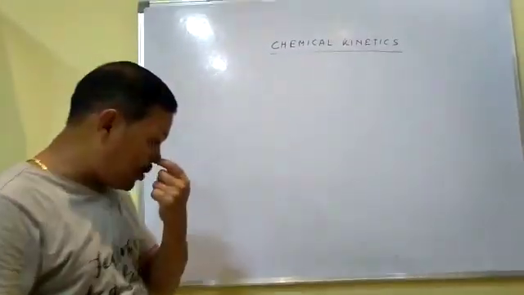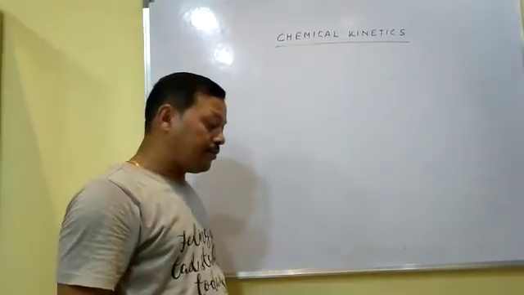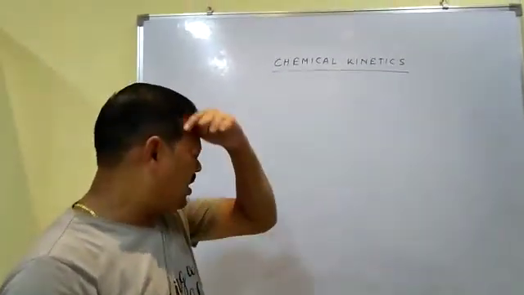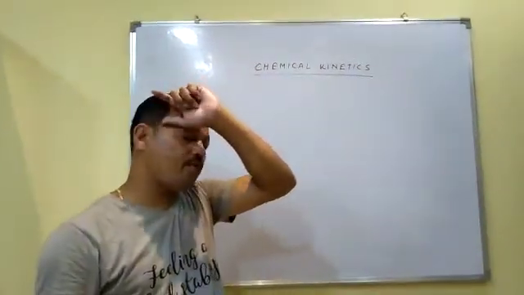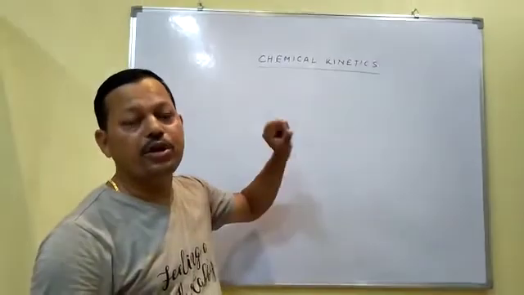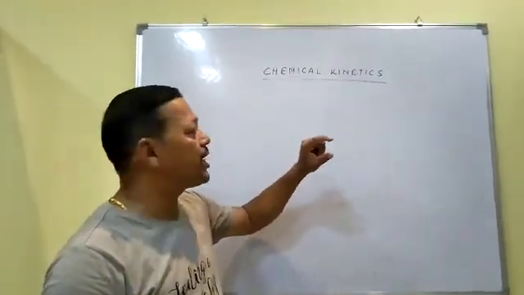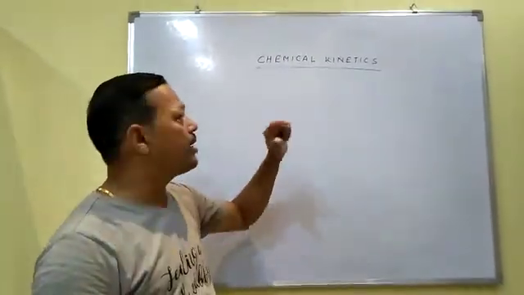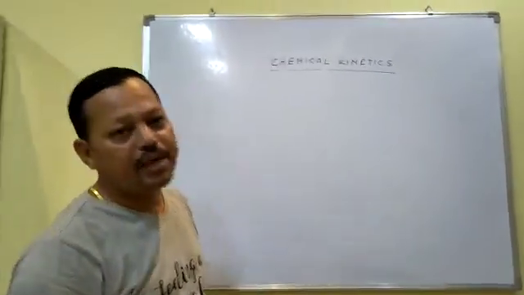So this is about the rate of chemical reaction. You will get some reaction, and for this reaction you have to express the rate of chemical reaction, and when you write the rate of chemical reaction you can express it by the differential rate law also. You can apply that formula also. By applying that you can write the rate of a chemical reaction.